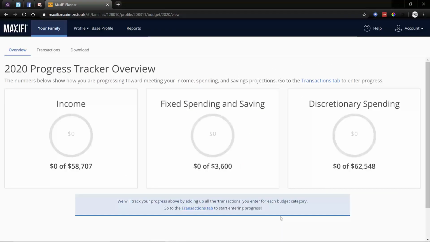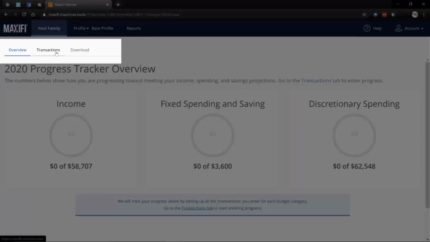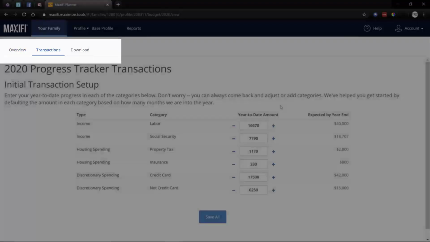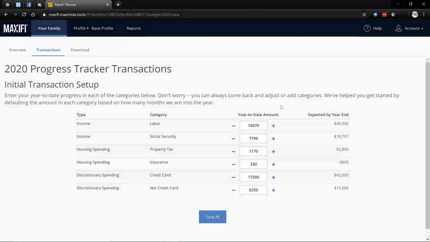Here it's showing me the overview page. It's not very interesting at the moment because it doesn't show our transactions in detail, but it's showing that we have income, fixed spending, and discretionary spending. But as soon as we go to transactions, we're going to review these expected year-end totals and adjust the prorated